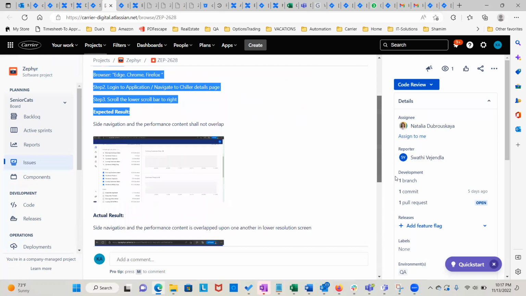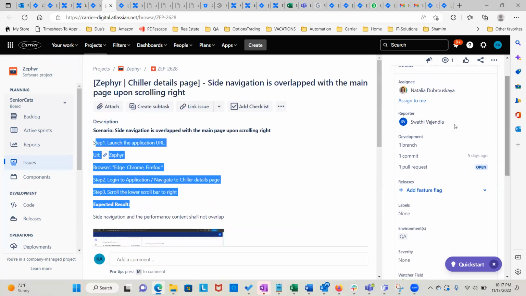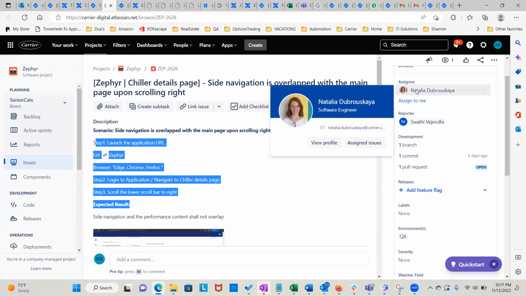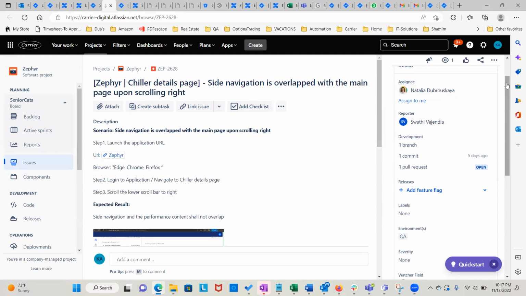Now let's look at the right hand side. We know who the reporter is, an automated field. If you're reporting it, it's going to show your name. Assignee, we have to manually assign it to an individual. This person's name is Natalia, and she's a developer. So we have assigned it to her.